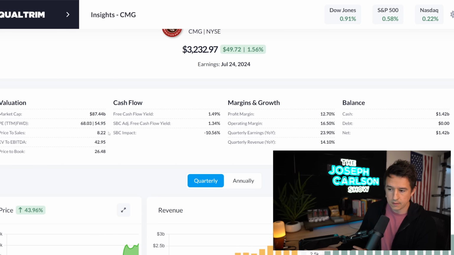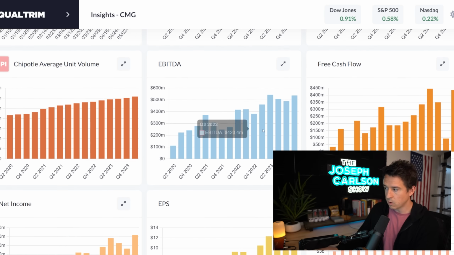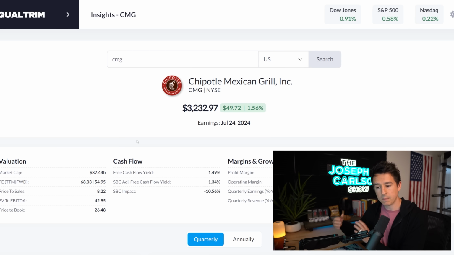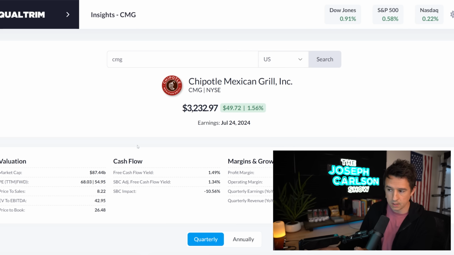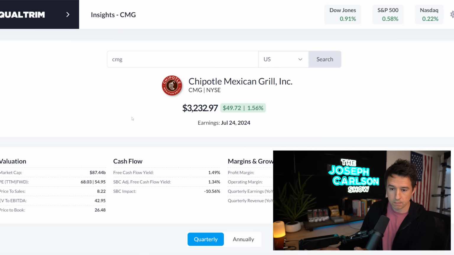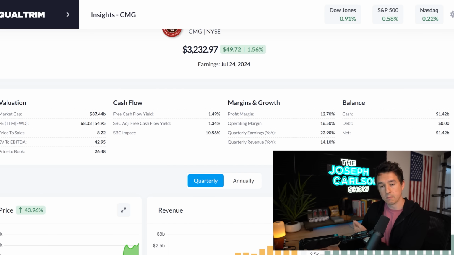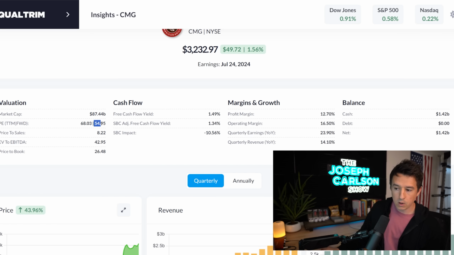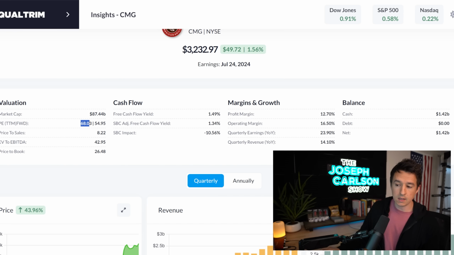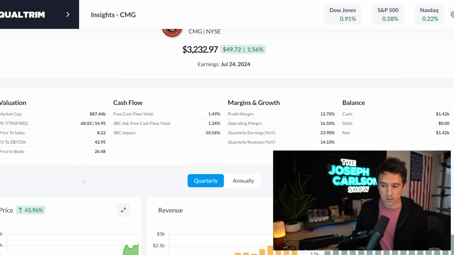The forward PE is the price to earnings you're paying for the company. So you take the earnings, the total net income of the company, and you look at the multiple you're paying based on the market cap of the company. Or you take the earnings per share and you look at that compared to the share price. It's a price to earnings multiple. So that's what a forward PE is, the price to earnings on the next 12 months. The trailing PE is the price to earnings on the trailing 4 quarters. So you're looking at price to earnings multiples there.